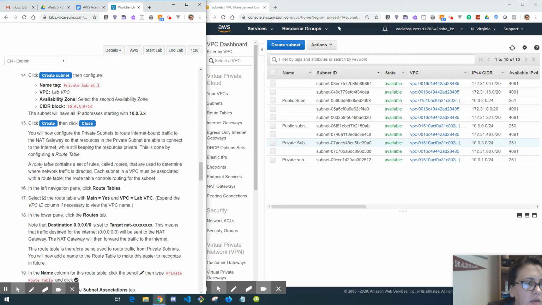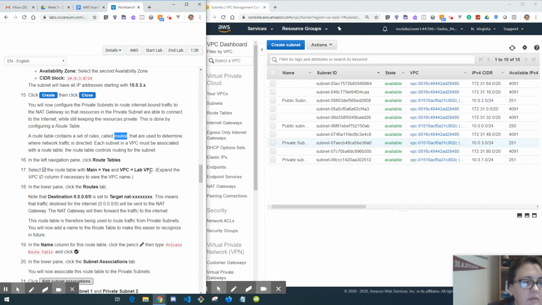Okay, right here. The route table contains a set of rules, which are called the routes, that are used to determine where network traffic is directed. Each subnet in a VPC must be associated with a route table. The route table controls routing for the internet. So in the left navigation pane, we're going to click Route Tables